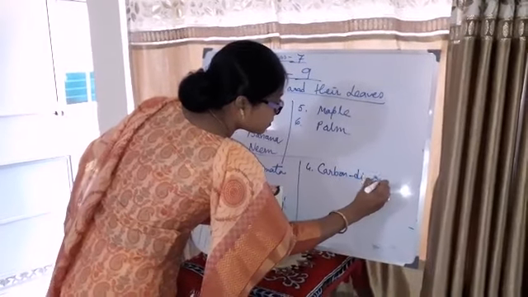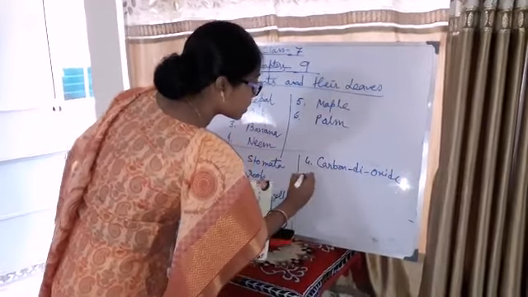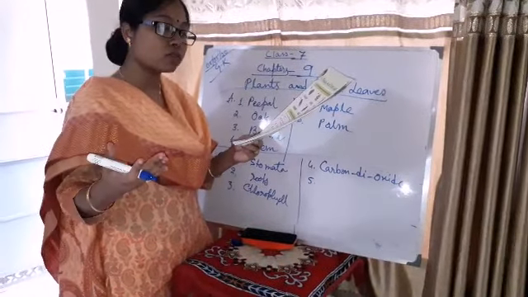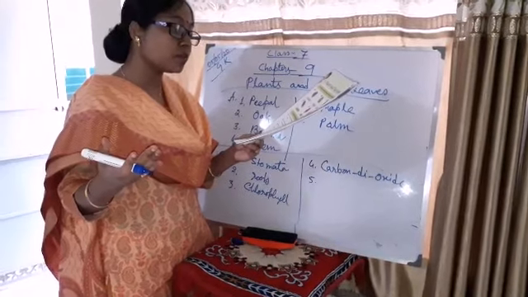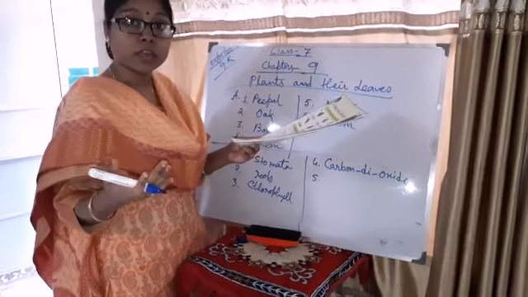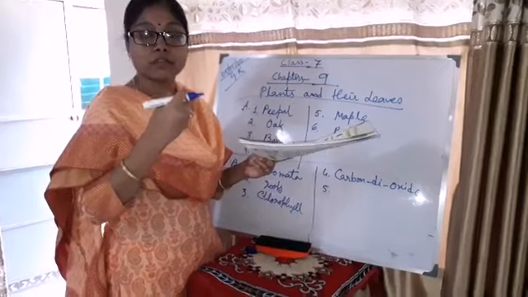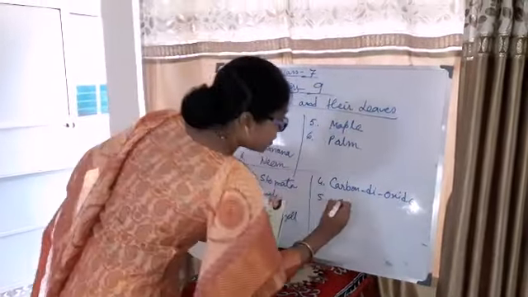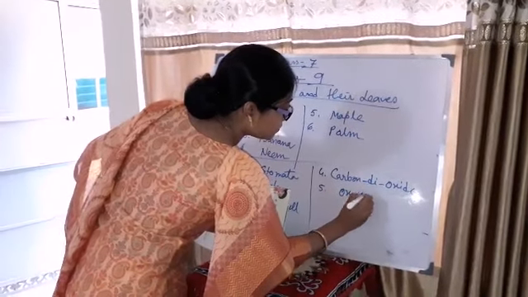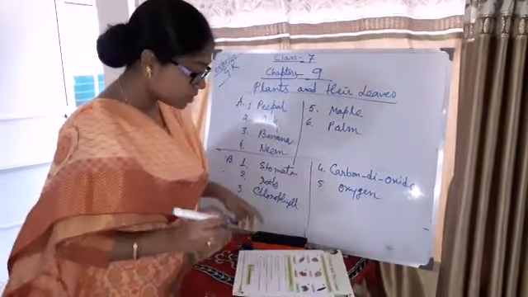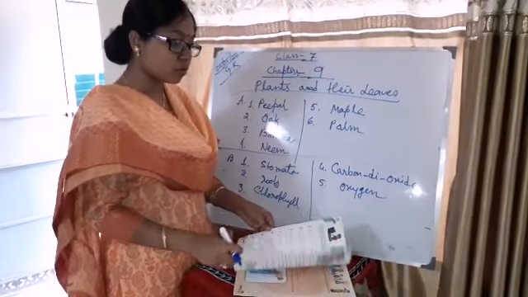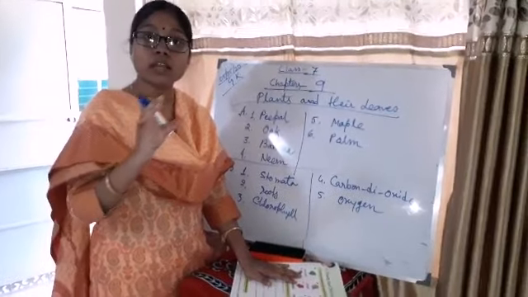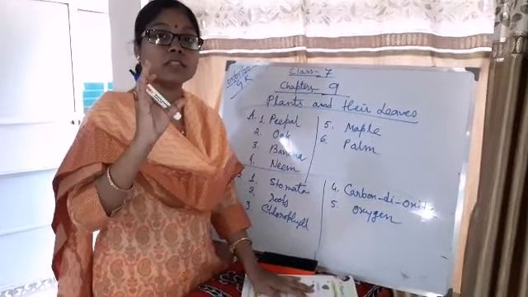Number 5. In the above process, oxygen is given out as a byproduct through the tiny openings of the leaves, which we are having, and for that reason only we are alive still. Is it oxygen? So number 5 will be oxygen. Clear? So this one you will just write down in your book. No need to write chapter 9 in the copy. Chapter 8 as a short note, as I said, like that you will just copy.